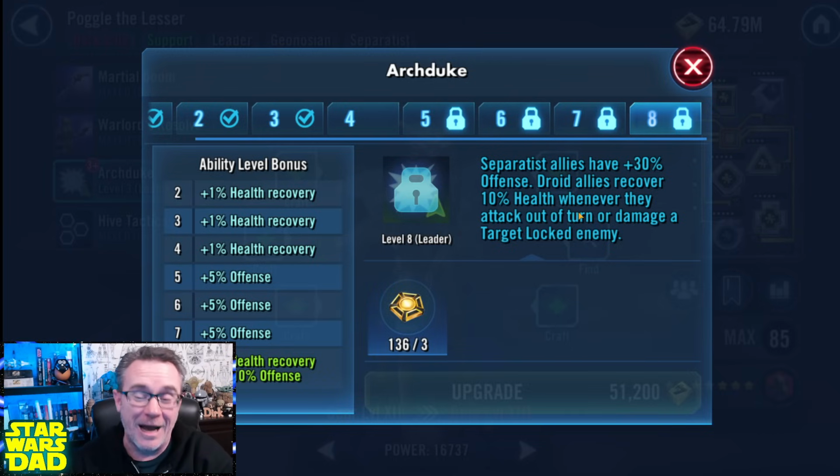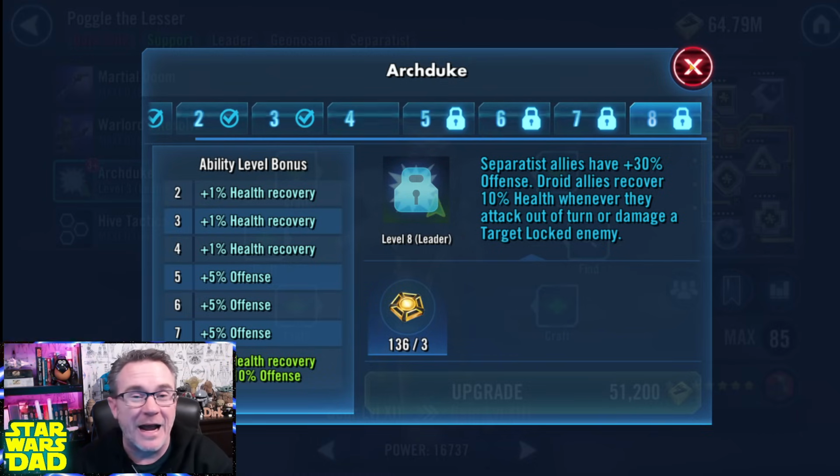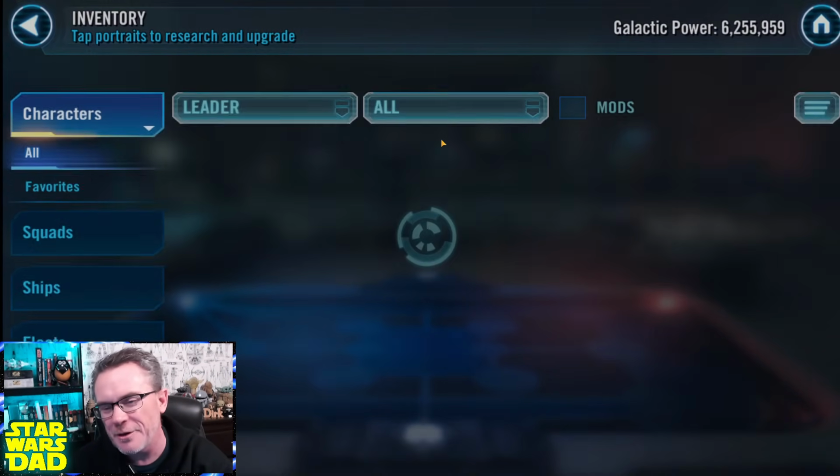If you are putting... Now, maybe in 3v3... Droid allies recover 10% health whenever they attack on a turn or damage a target-locked enemy. Oh, Doctor. Watch out for this, baby. Droid allies recovering health. Now, they're not going to get their protection back, but can't they just... I mean, really, can you not... We've had protection for 6.5, 7 years now. Can you not just go do some upgrades on these things? I mean, 3v3, that might actually...